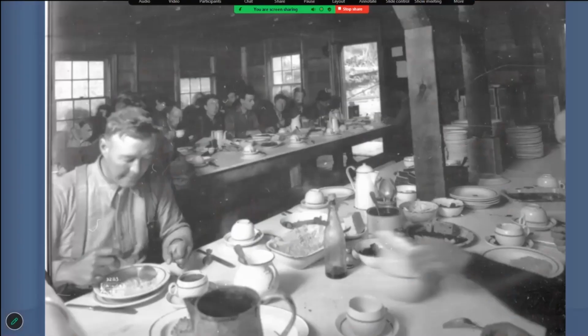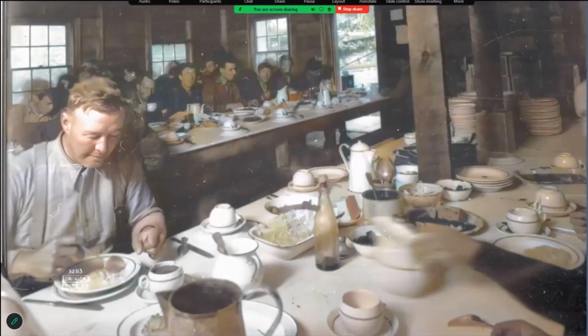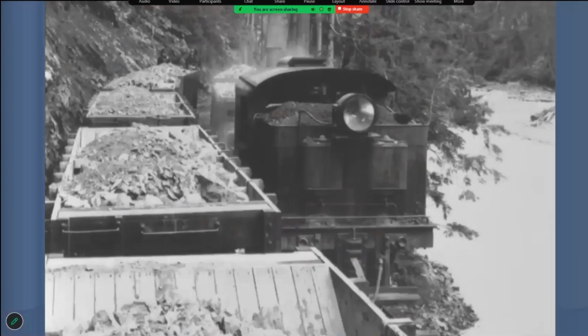And then this dining area up at Camp 8 there, when you add color to it, it really makes it more vivid. Colorization is not perfect, but it really does add a new element to things. Just brings it more to life. I especially like these pictures. This is,